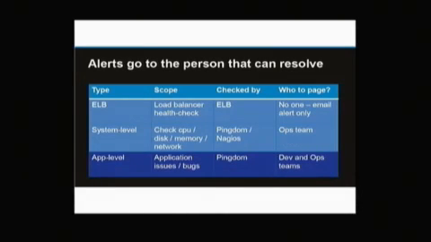And the last type is the application-level alert. This is typically generated by some bug in the application, and we measure warnings and errors. For this type, both the dev and ops teams are paged at the same time. So in this case in particular,